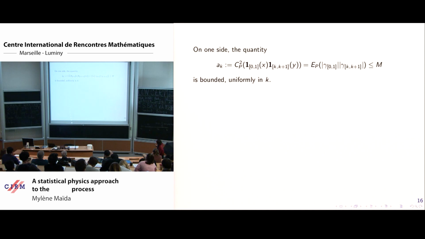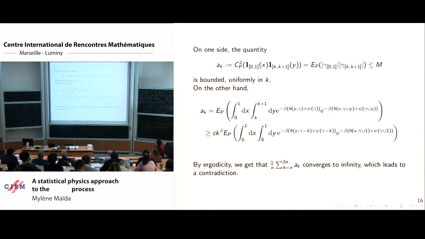So this is something like the correlation function between the number of points in [0, 1] and the number of points in [k, k+1]. And in fact, I cheated a little bit in the paper. We cannot handle directly the 2-point correlation, but we have to use some truncation. So we truncate by the number of points in those intervals being bounded by some constant. So once you truncate, you have a uniform bound which does not depend on k. Okay, so this is false as it is, but you can truncate, and then you play with